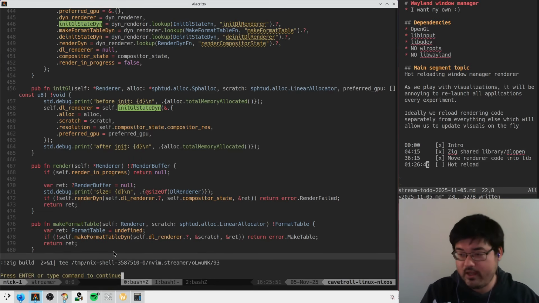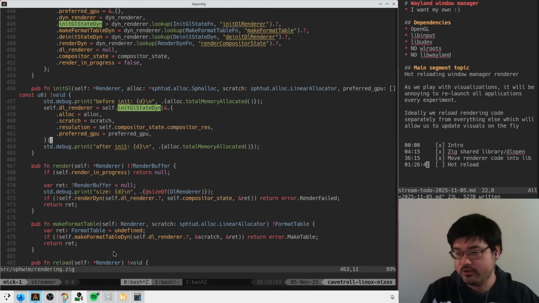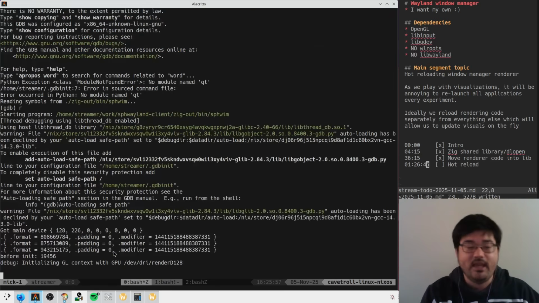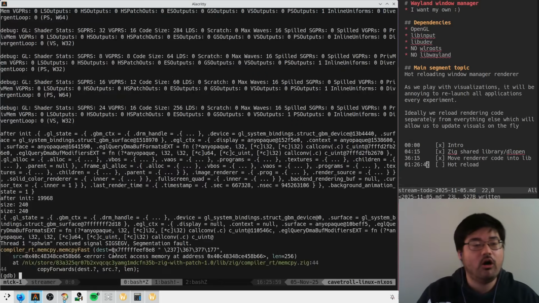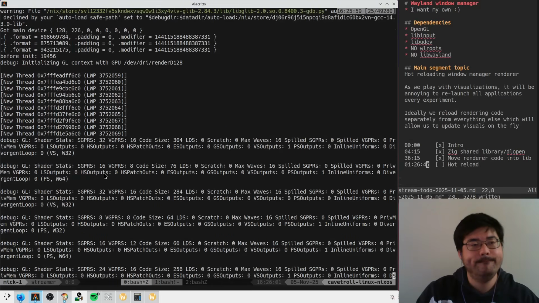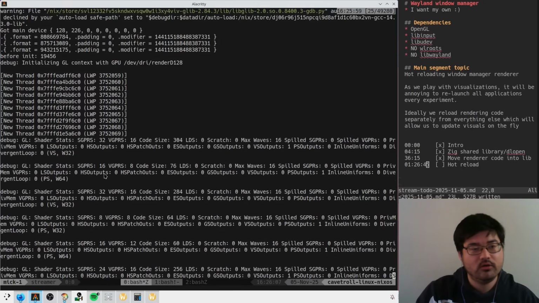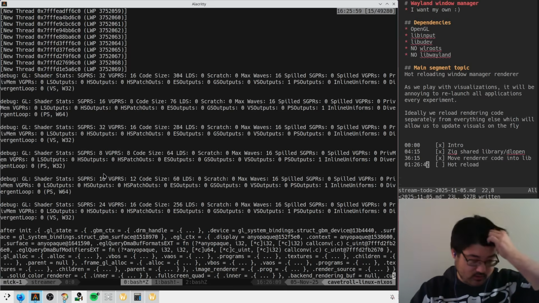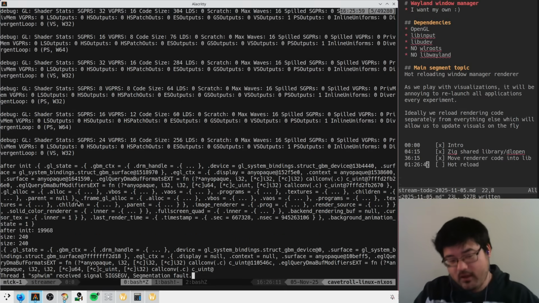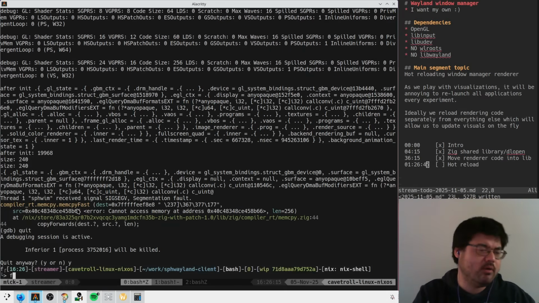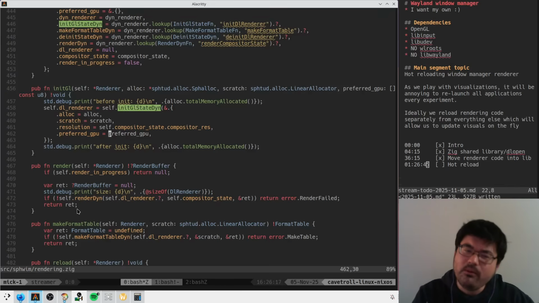Total shot in the dark. Are the allocators ultimately backed by a GPA with thread local storage, which gets confused? They are not thread safe, but my allocators are... sorry, my brain's melting. They are not thread safe. I will say that, but we are running in the same thread. But are they accessing global memory by mistake? They might be